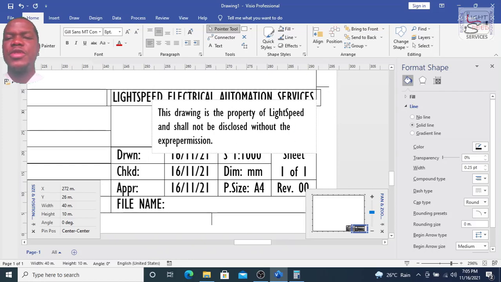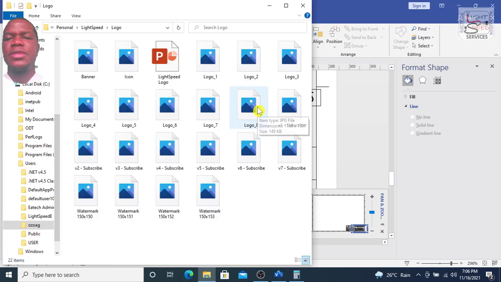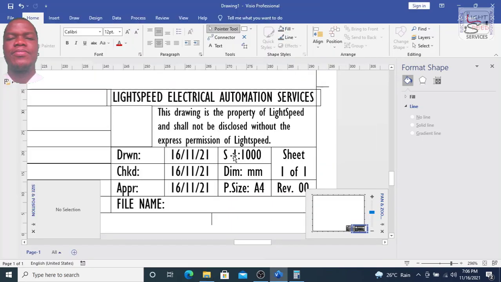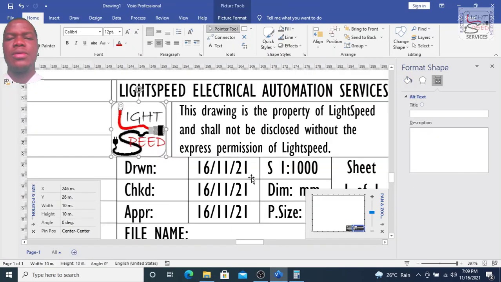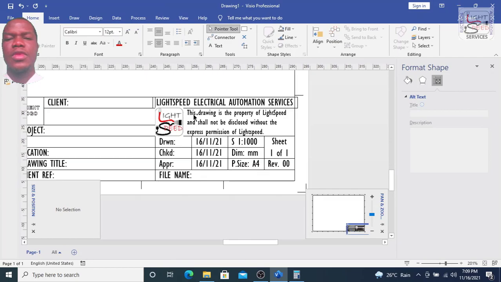Yeah, the express permission of Lightspeed, since I have more space. Okay, so let's bring in our logo now. Okay, if it's too big, you can resize it until it fits in.